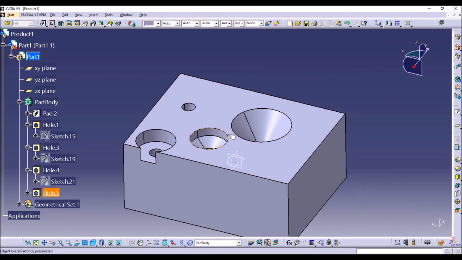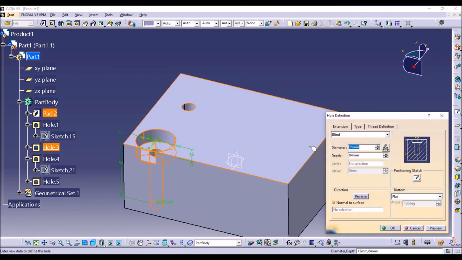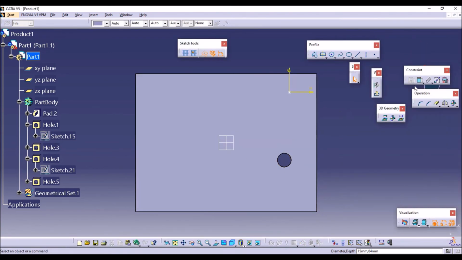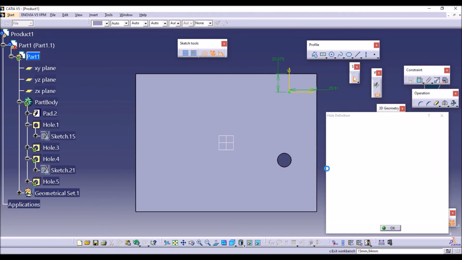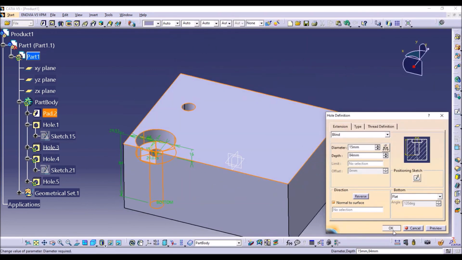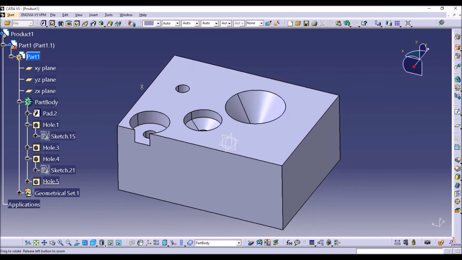Like this, we can give hole positions with respect to these edges, by clicking on the positioning sketch option and giving the positions of the hole with respect to horizontal and vertical lines, so that the hole is constrained. Like this we are positioning the holes.